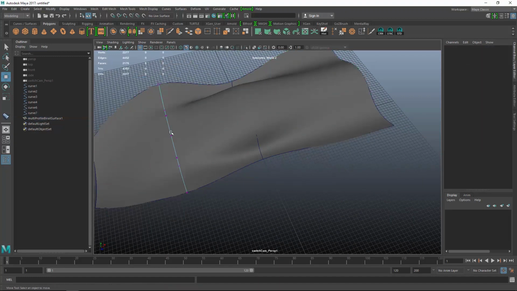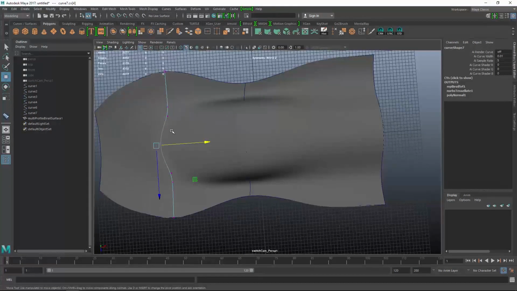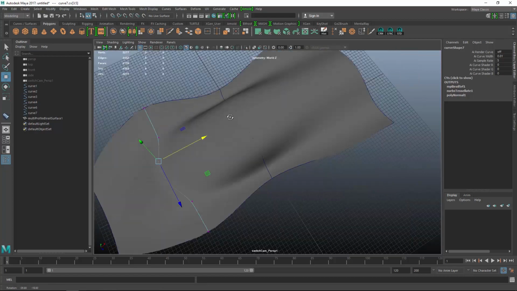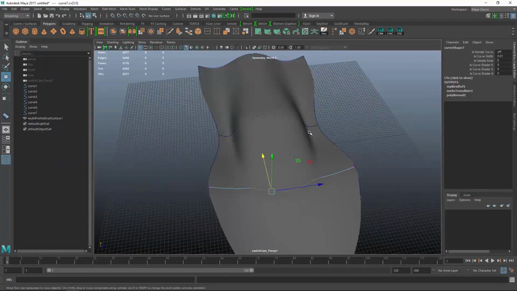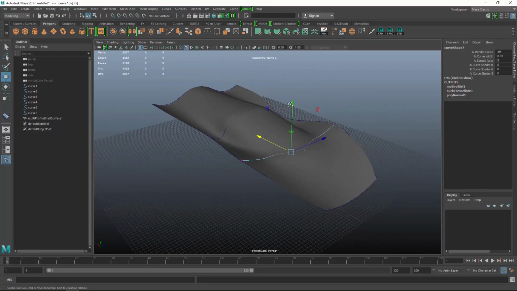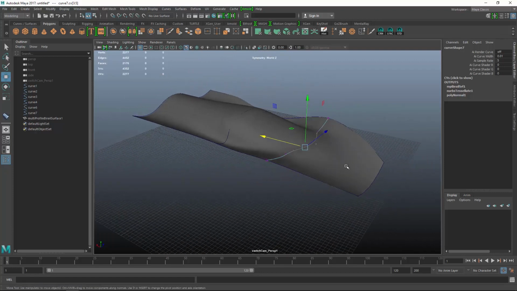And I believe that if we move these curves forward, yeah, these curves even work in multiple dimensions here, so you can really start to get some cool, crazy shapes. And with this by rail 3+ tool, you can go as crazy as you want and define every inch of this surface, but